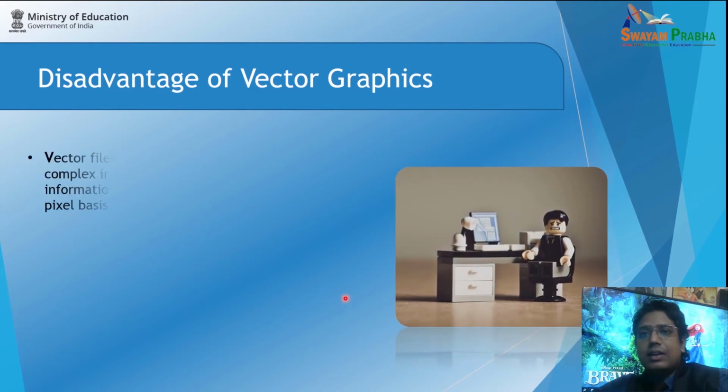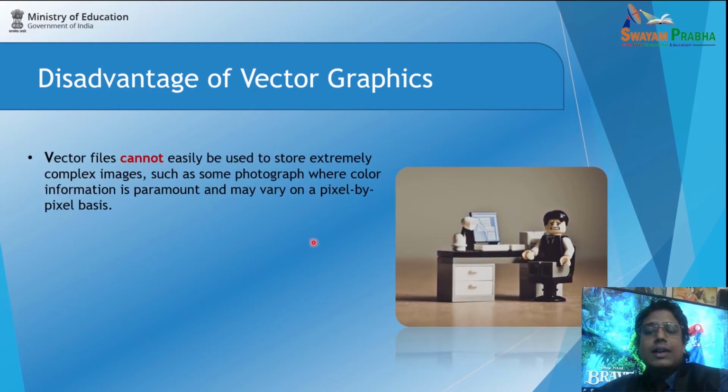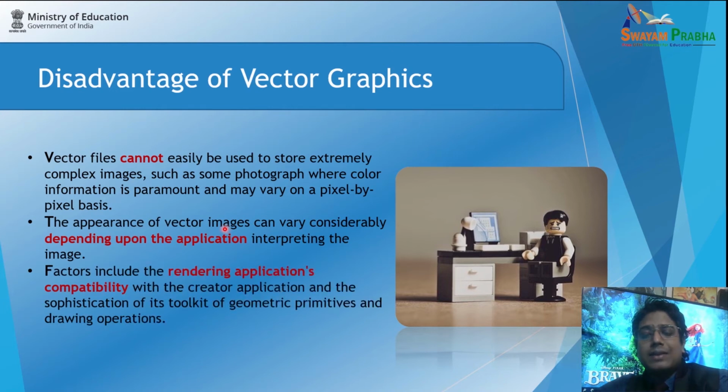So definitely there are some disadvantages also. If you have to work with vector graphics, you are not able to work pixel by pixel. If you have to work on facial shadings in much detail, or modify or extend each and every color or shade, that would be really very hard with vector graphics, right? If you are working with flat shades of color, then that's good. But if you are working with digital photographs, at that time that would be really very tough.